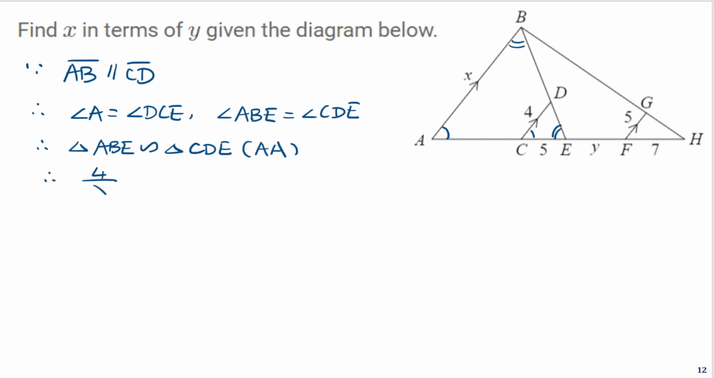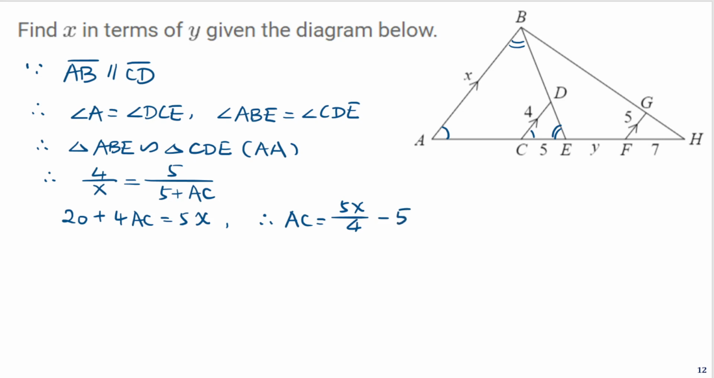Therefore, we have 4 over x equals 5 over 5 plus AC, right? And cross multiplying gives 20 plus 4AC equals 5x. So AC equals 5x over 4 minus 5. And similarly,